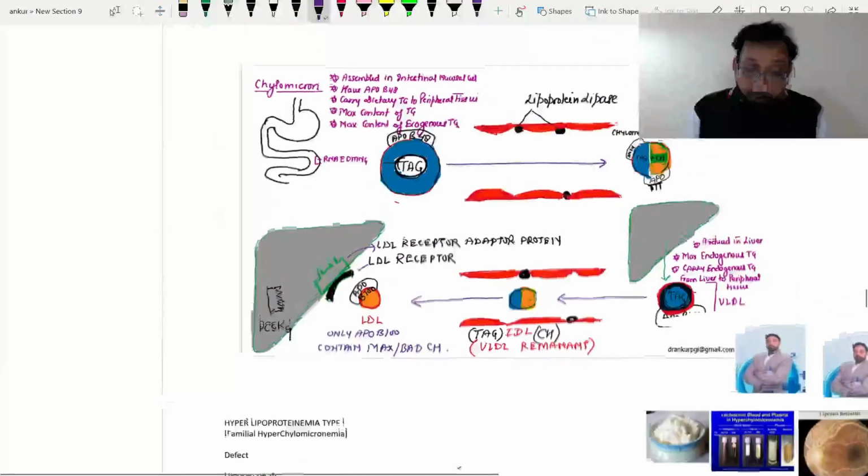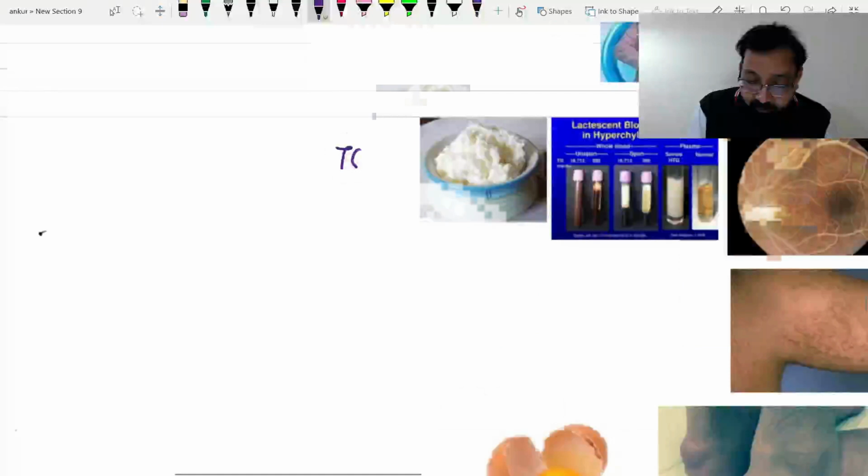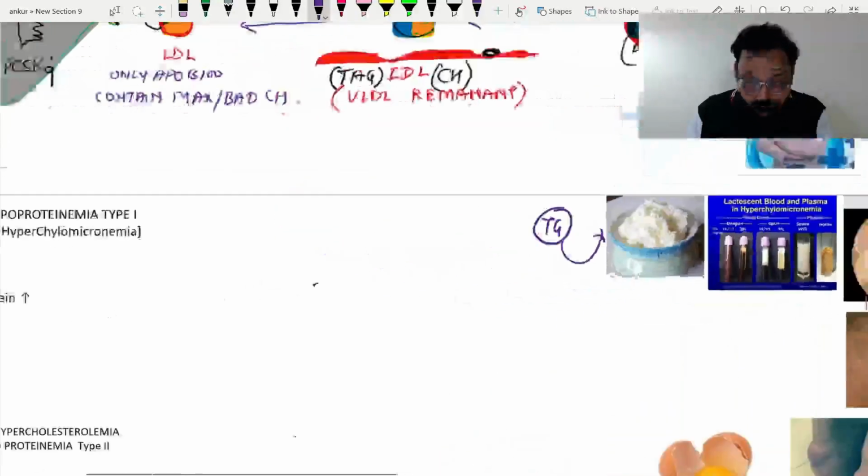Now, this is again very important. Hyperlipoproteinemia, a question was recently asked. Remember, wherever you find triglyceride, triglyceride has white color. It is white butter. Triglyceride is nothing but white butter. We know that